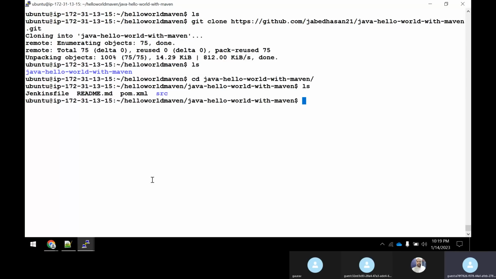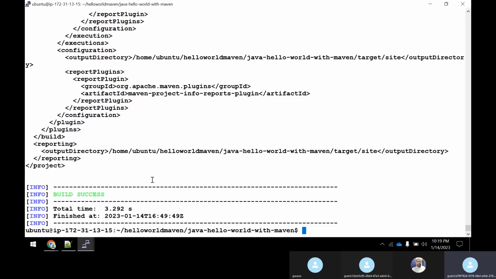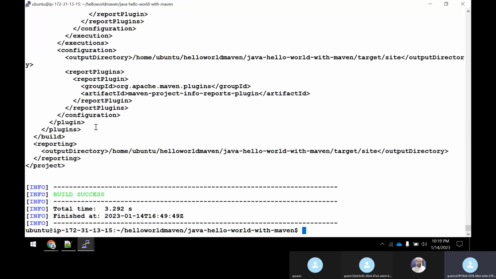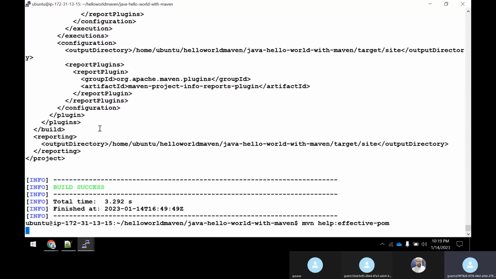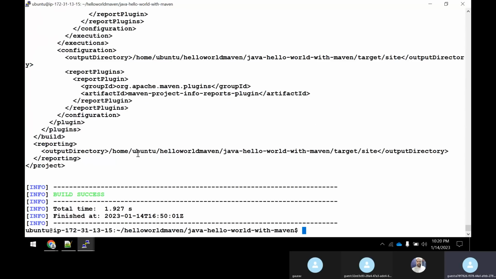Here you do mvn help:effective-pom. Why have I chosen this? Because this is a small, dummy, very simple project. I will get a super pom that is not such a big one. It will be small. So let me run one more time, guys. Make sure that I get everything. See. Okay, great.